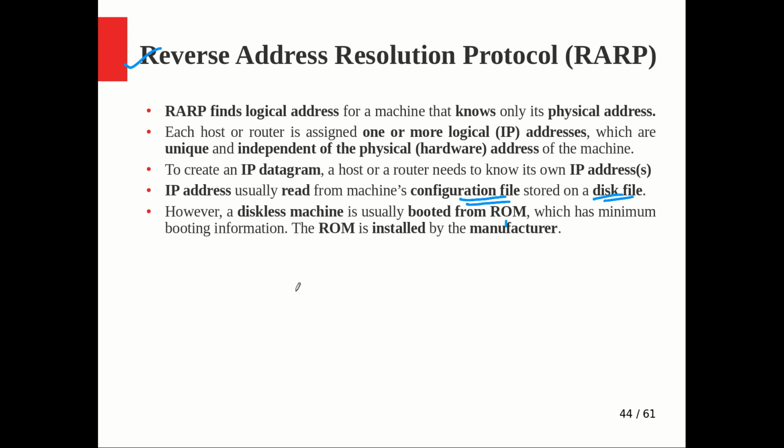However, if you are looking at a diskless machine, that is usually booted from its ROM. I mean, it's not having any secondary memory, but minimum booting functionality code could be stored in the ROM. So it will just run that and try to load the operating system, and it also has minimum booting information, right? We can't load everything because it's not having secondary memory, it is just depending on a ROM which is of smaller size and which contains minimum information for the booting purpose only. So normally the IP and all other configuration things will not be there with this ROM. The ROM is installed by the manufacturer. So that is one difficulty, the space shortage.